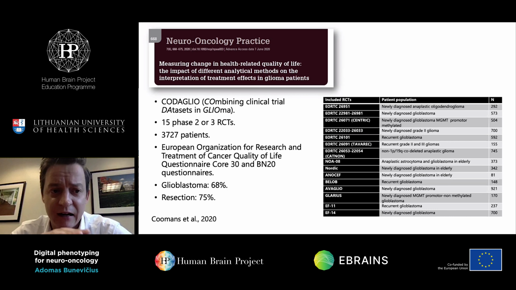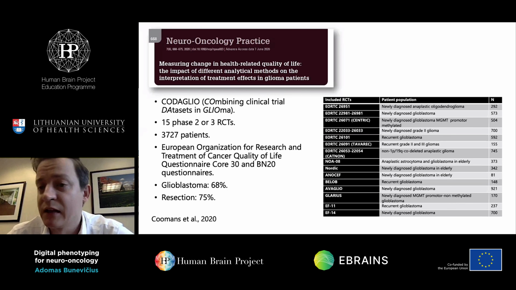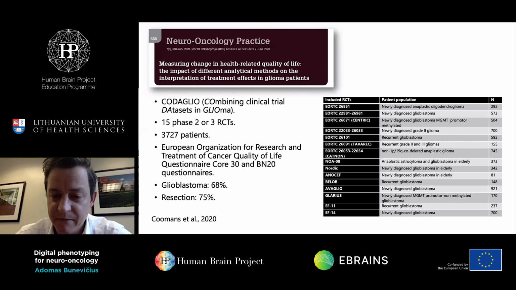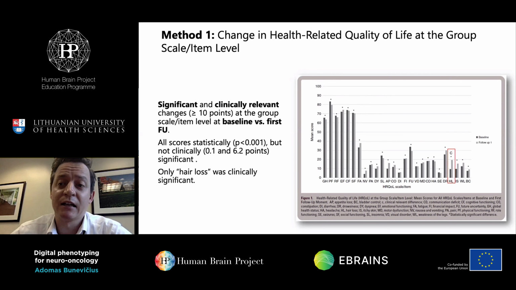So this was a meta-analysis, an individual patient data analysis of 15 phase 2 or 3 randomized clinical trials that included almost 4,000 patients. And what they did, they compared the quality of life scores before inclusion in the clinical trial and at first follow-up visit. And what they found is that if you look at the quality of life data at group level,